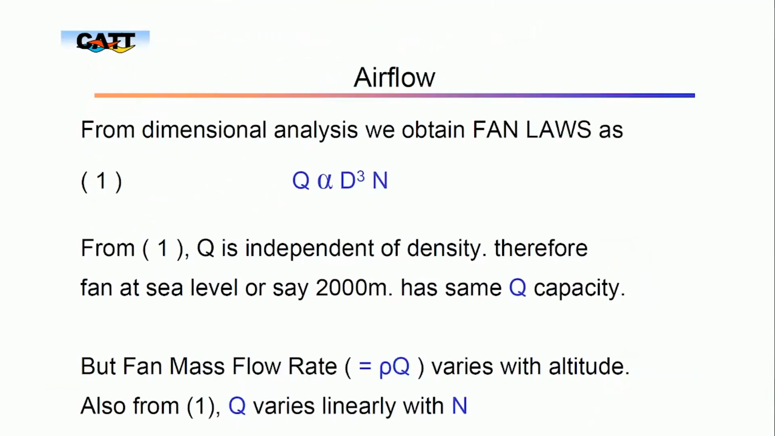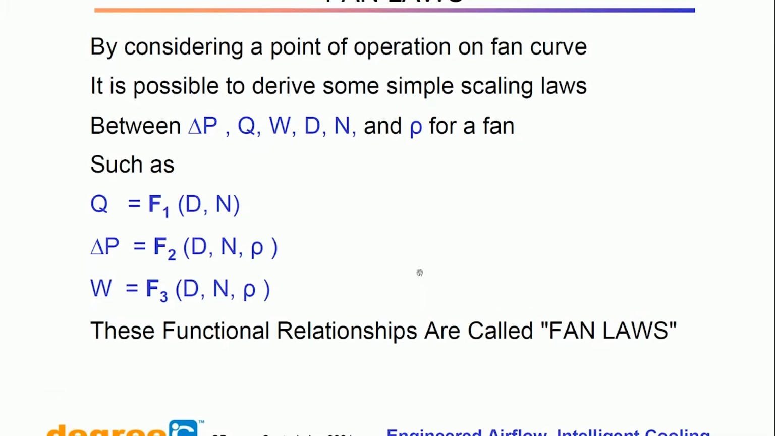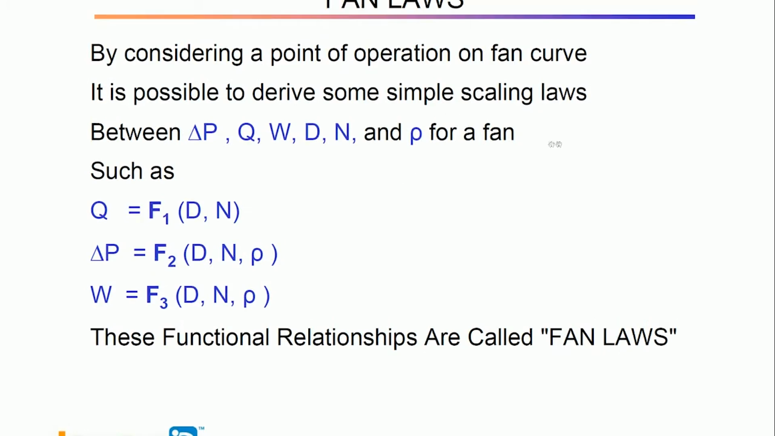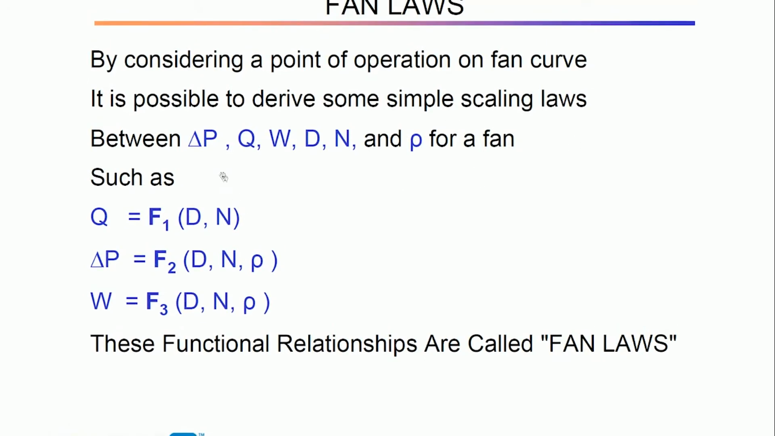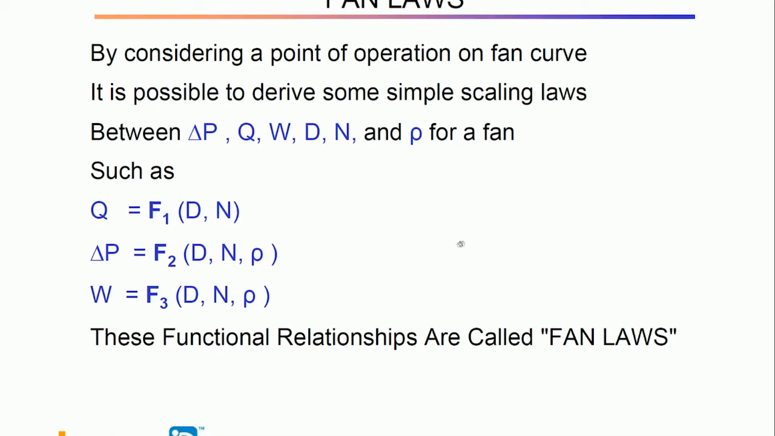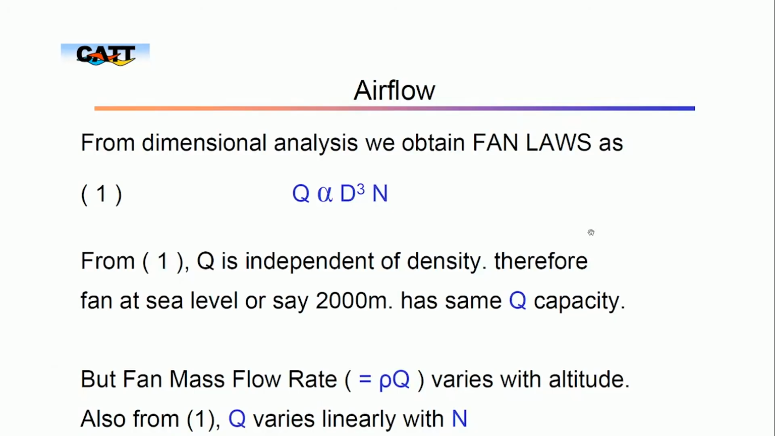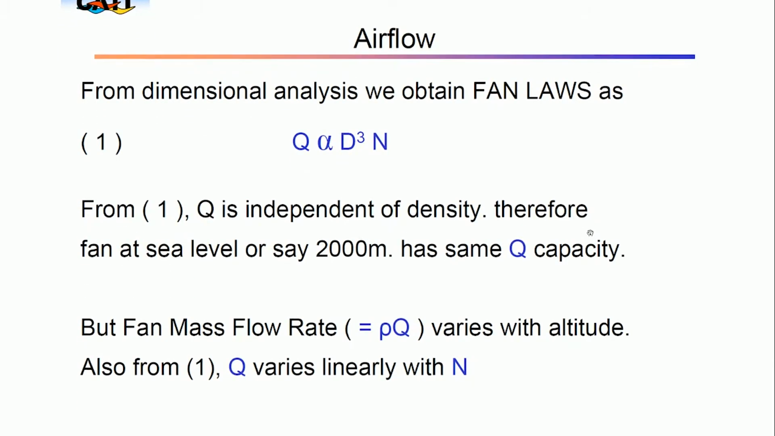Okay. I think those things are all, considering a point of operation on a fan curve, it is possible to derive some simple scaling laws between change in pressure, the total wattage, then the speed and the diameter of the fan and so on. So, and rho for a fan, you can read them here is a function of this and this, saying diameter is large and the speed is more. Delta P is again a function of these things, and he has shown that